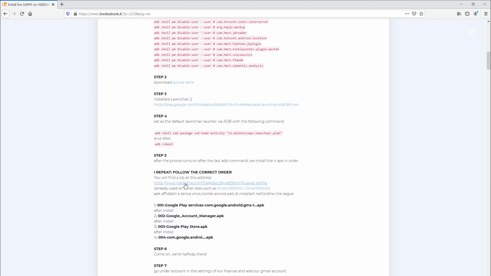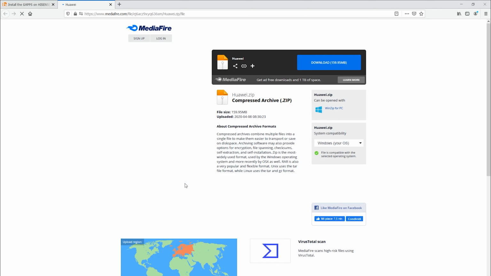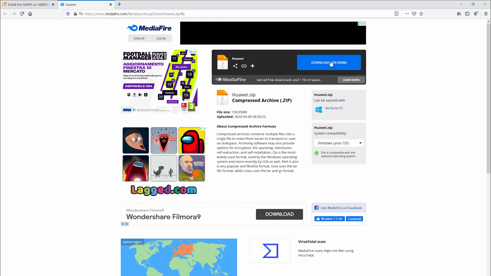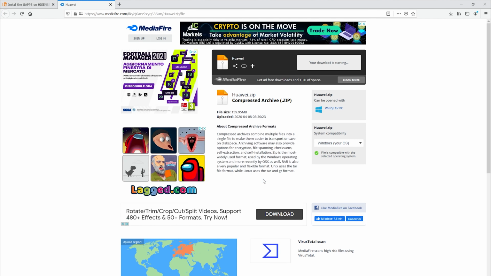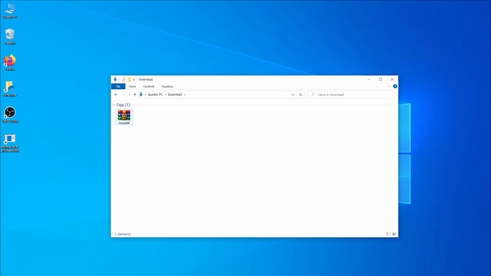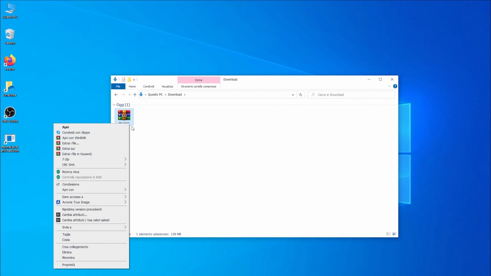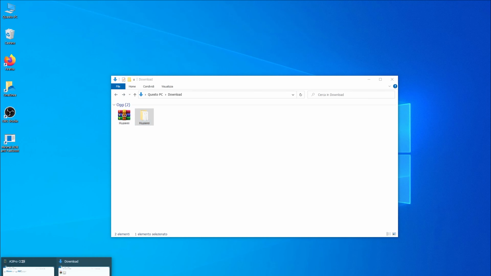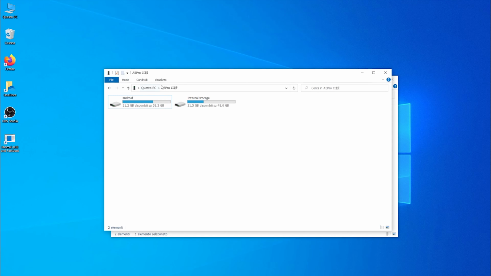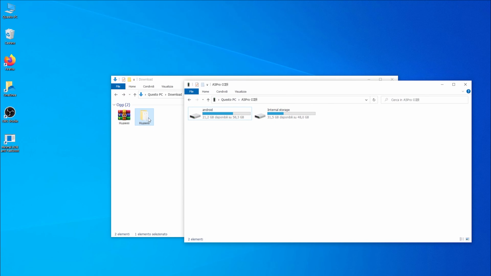Click on this link. Then, extract the zip file and copy this folder to your phone.